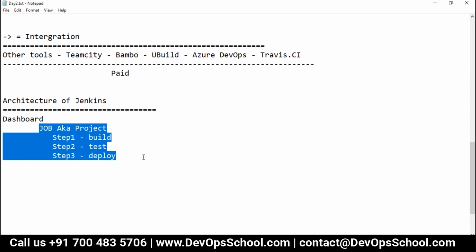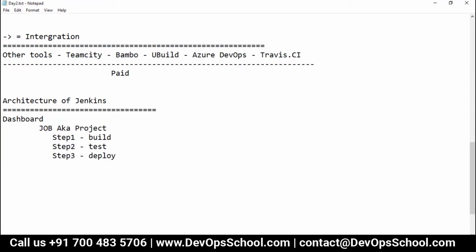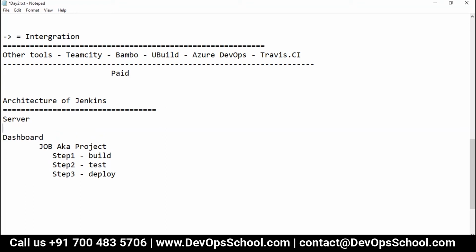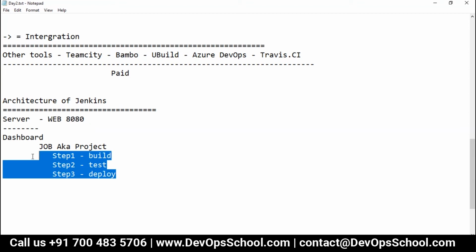This dashboard typically we create on a server. So in the Jenkins architecture, you get one server, which is a dashboard accessible on the web at 8080, and you do all this automation.